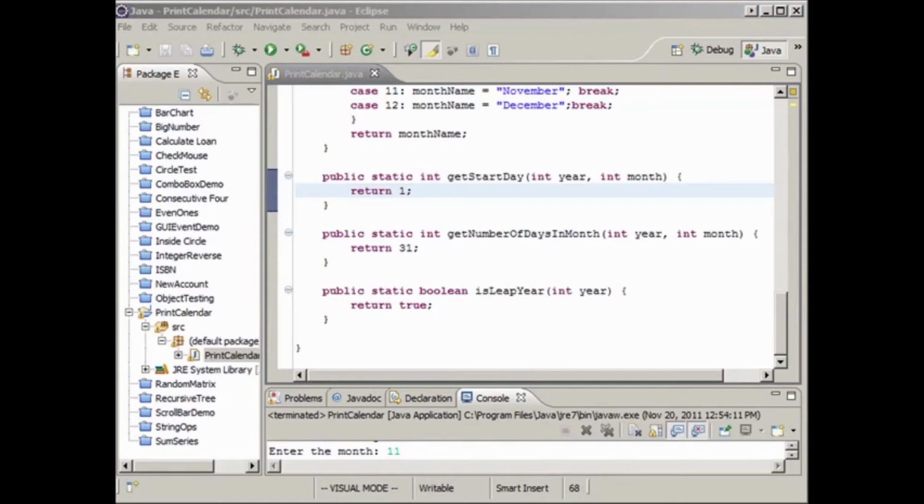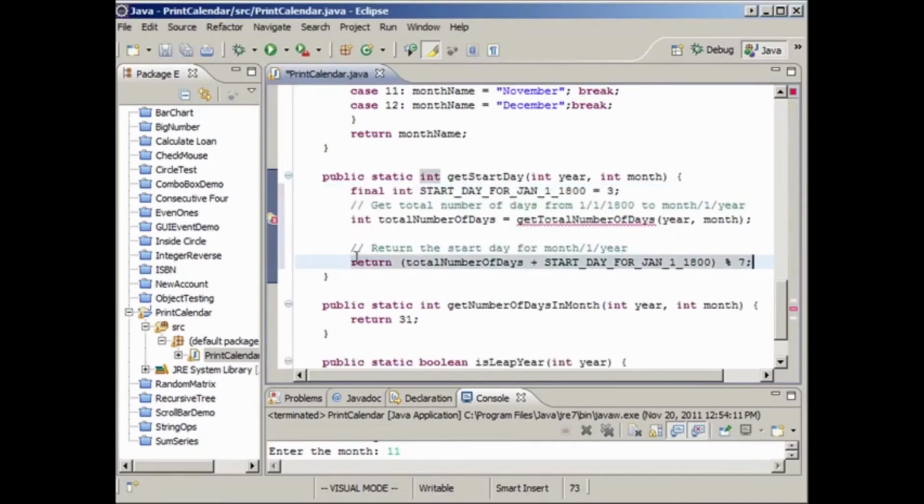Now, this is actually quite complicated. There's a bit of an algorithm involved. So I'm actually just going to cheat a little bit, and then we'll discuss it. So here's the code for the starting day. So we have a hard-coded, a final int. So the starting day for January 1, 1800 was 3, okay? That's hard-coded. Next, we have to know the total number of days